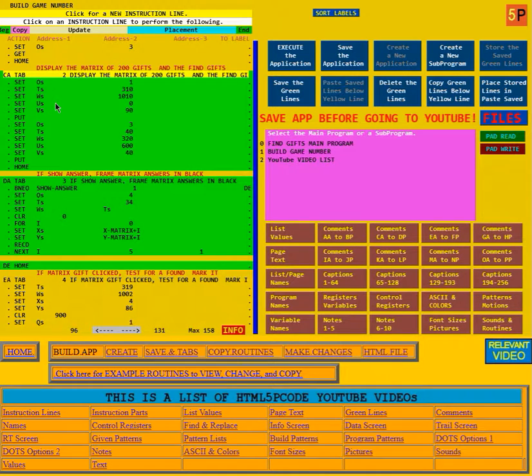This is the video for routine 102 and routine 103 of the Find Gifts game. It starts out by setting O to 1. That's the control register for the image number. Then it sets T for tall to 330, W for wide to 1010,